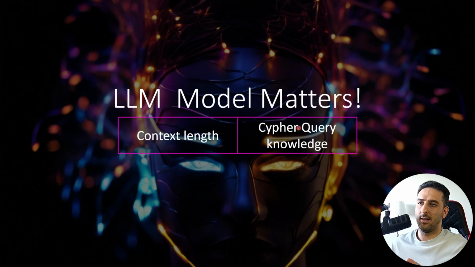So the context length and the understanding of your large language model of the data that it is processing is super important. And the second one is the knowledge of Cypher query, because again,